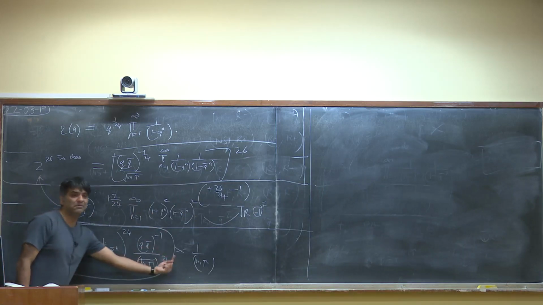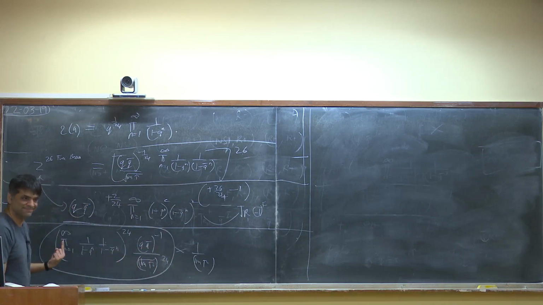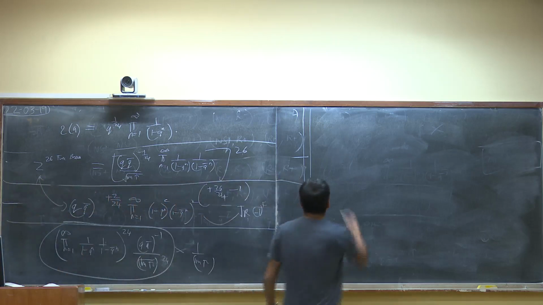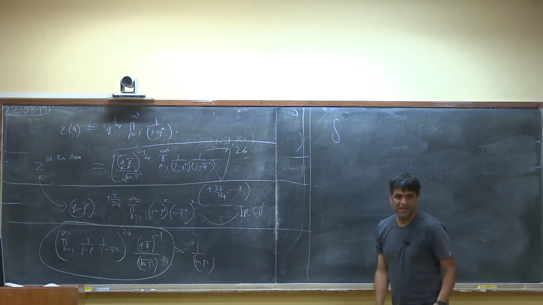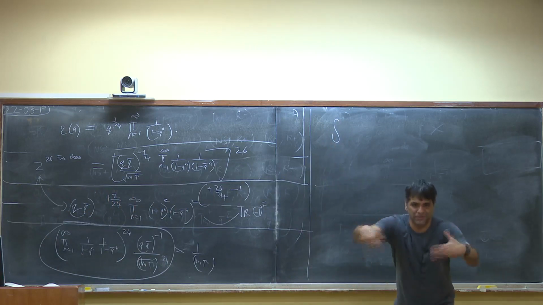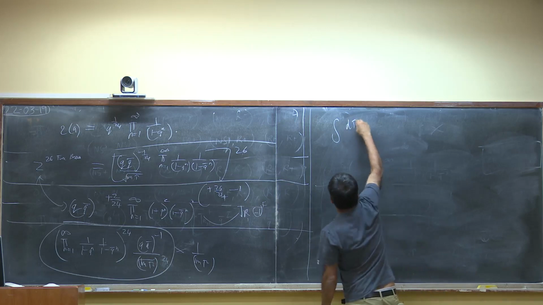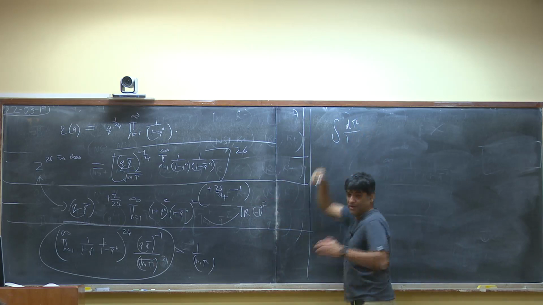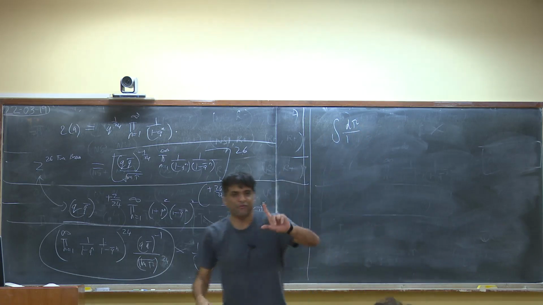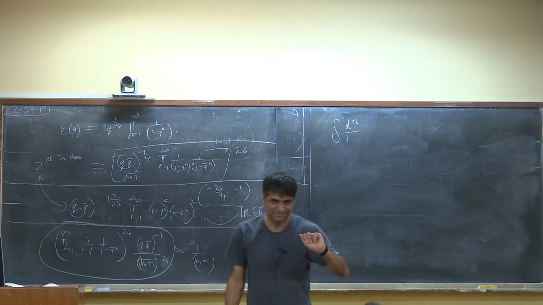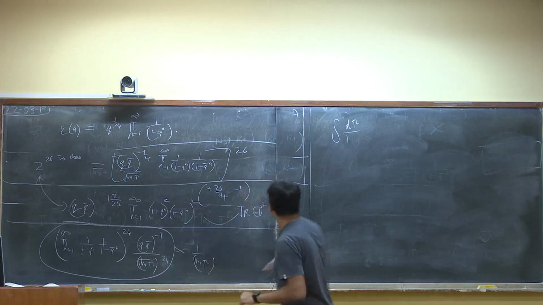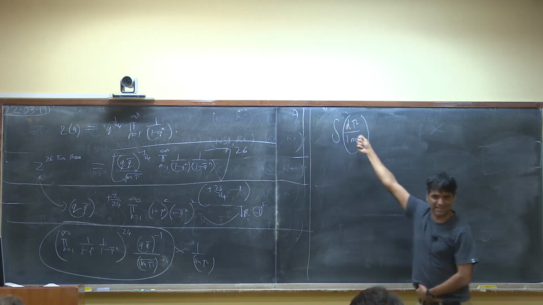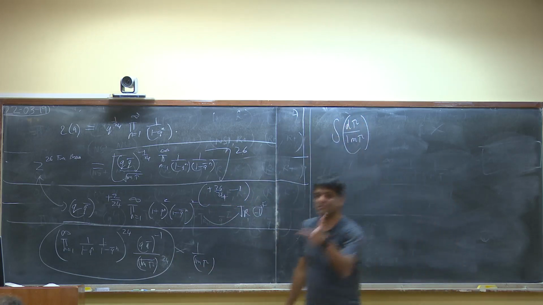This is like 24 free bosons. But there's still this 1 by im tau. And you know that extra 1 by im tau is actually needed in string theory. Because as we will see, as we go along, what we're going to do with this is an integral which is like d2 tau over the modulus of compactification of the torus. Right? d2 tau by im tau. And in fact, this here is the SL2R invariant measure.